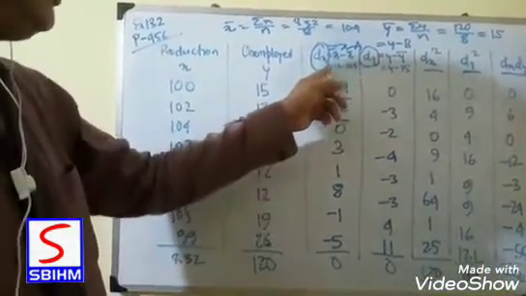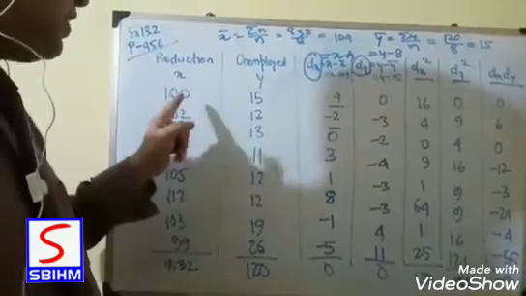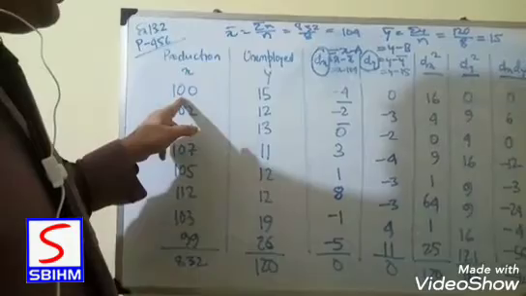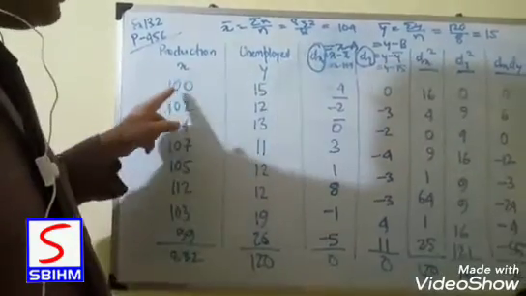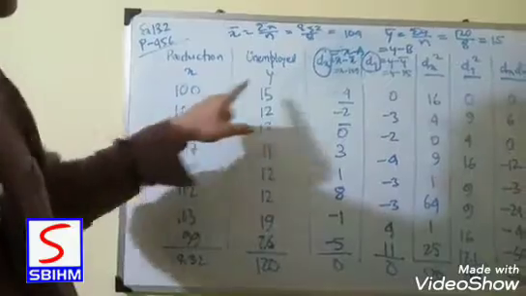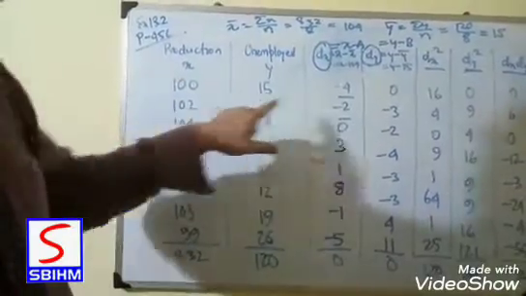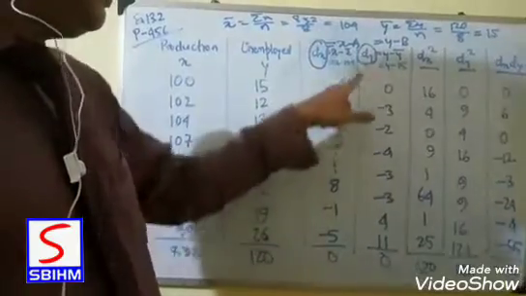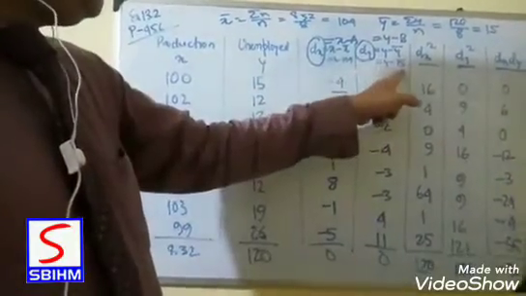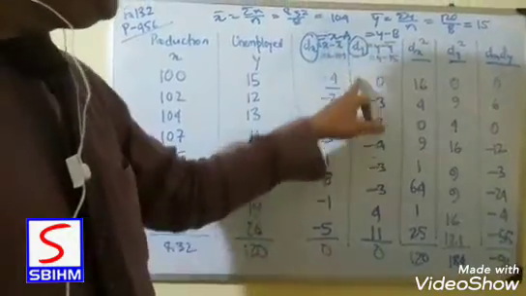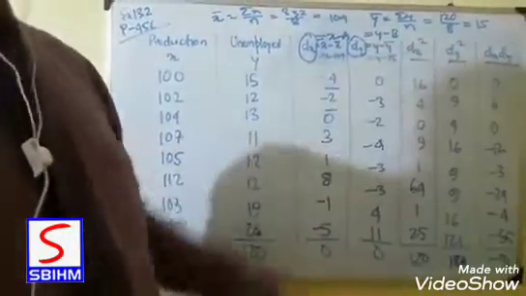So we take the deviations x minus x bar. X minus x bar means 104 has to be subtracted from each value of x, because x bar is 104. So 100 minus 104 is minus 4, 102 minus 104 is minus 2. Like this, for each value we have to calculate dx. Similarly, 15 is the mean of y. We subtract 15 from each of these values and we get these values. The signs are very important in case of dx and dy.